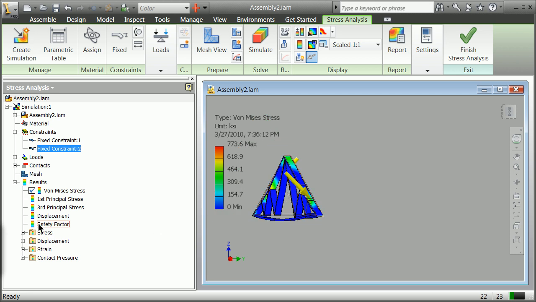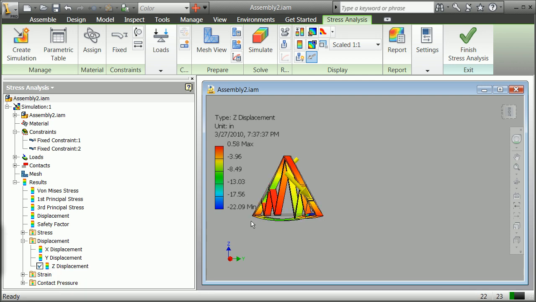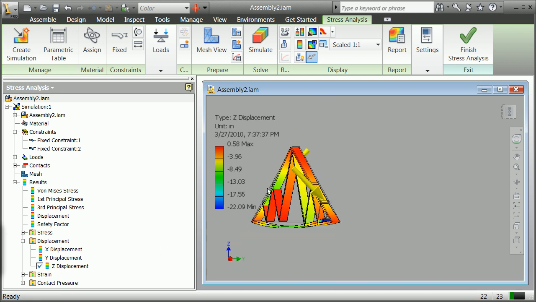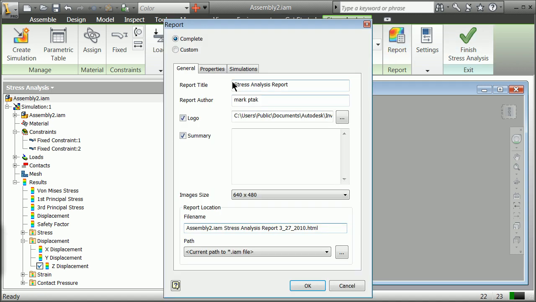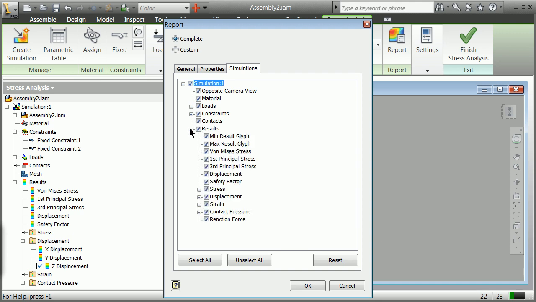So a lot of this, basically, one of the things you're very much interested in is displacement, or look at results. We can go to the displacement in just the Z direction. We can right click, activate, and you start to see how things change one way or the other in this model. So there's a report here. You can go ahead and change what comes out of it. Typical programming stuff: simulations, what's coming, the results,